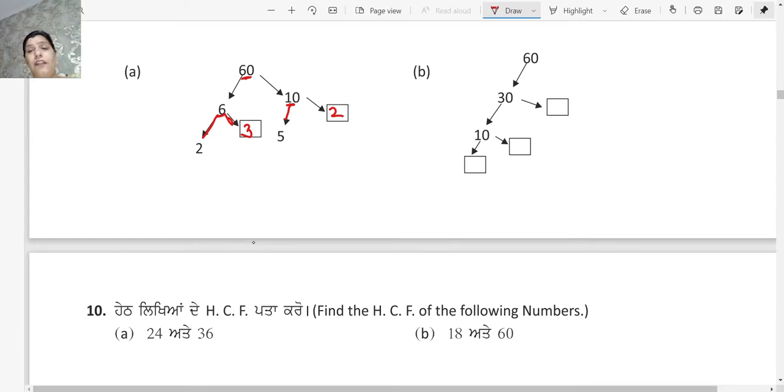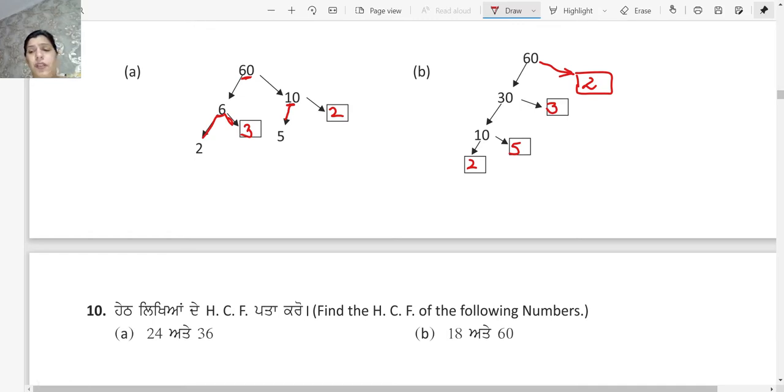Other form of writing the factor tree of 60 is, बेटा 60 के दो branches निकलेंगी, it is misprint error over here, so you will get 60 is equal to 30 multiplied by 2. 2 is a prime number, you will stop here. Then 30 can be written as 10 multiplied by 3. 3 is again a prime number, 3 की branches नहीं निकलेंगी, 10 की होंगी. Then 10 can be written as 2 multiplied by 5. Both are prime numbers, so you will stop over here. So this is another form of writing the factor tree of 60. So you can write the factor tree of 60 in many forms.